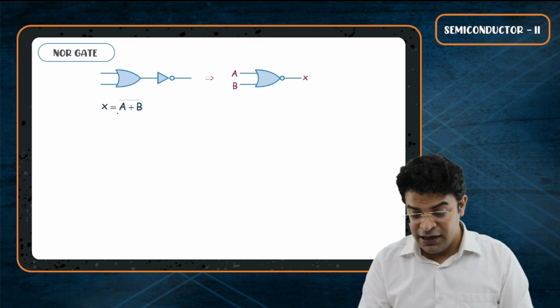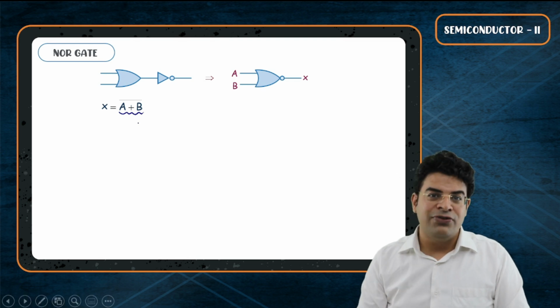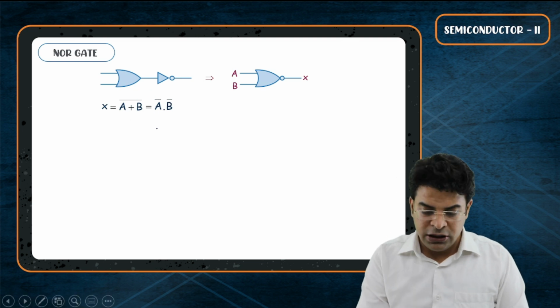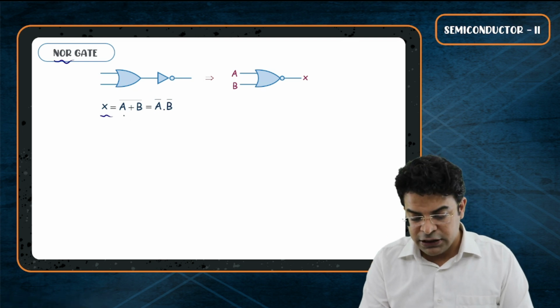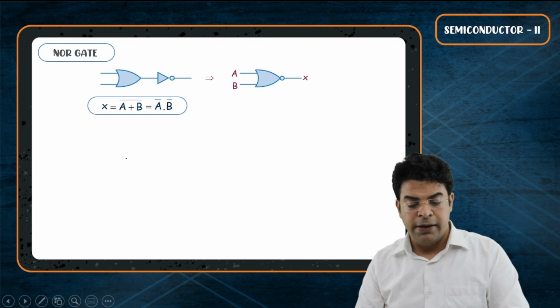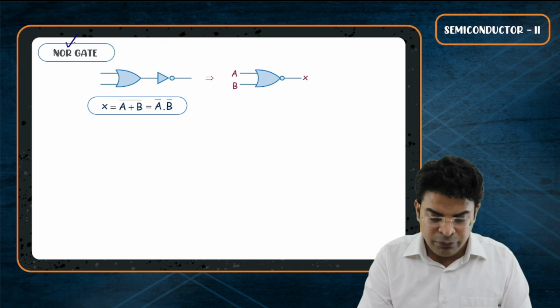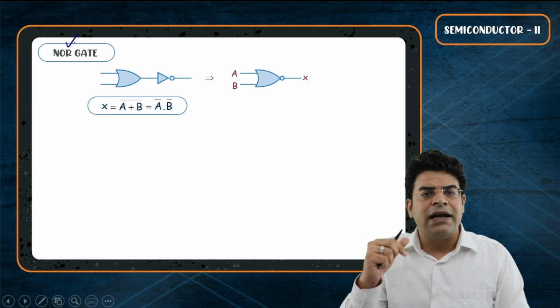It says that A plus B bar is as good as A bar dot B bar. Break the bar, change the sign. So the Boolean expression for NOR gate is nothing but X equals A plus B bar equals A bar dot B bar. If you look at the truth table of NOR gate, the outputs will be exactly inverse